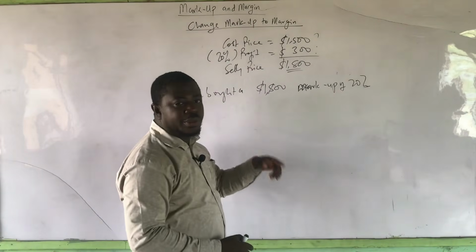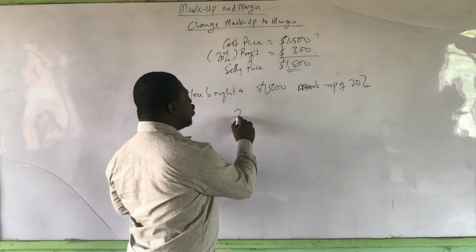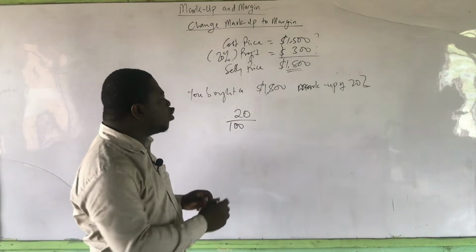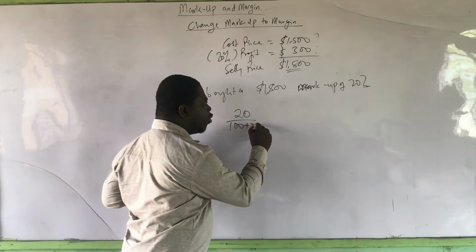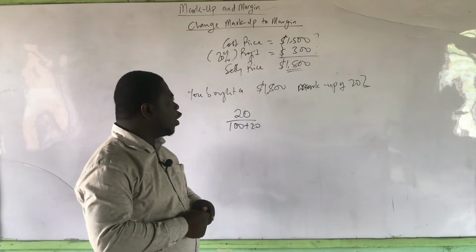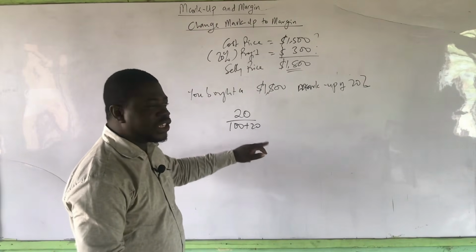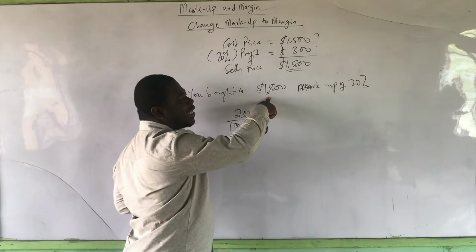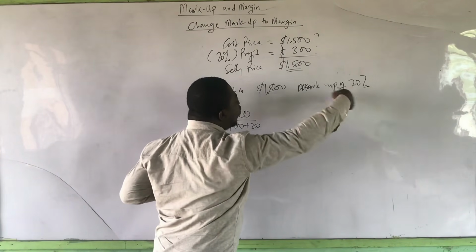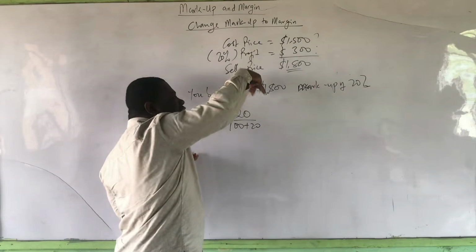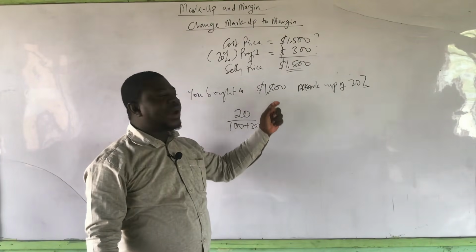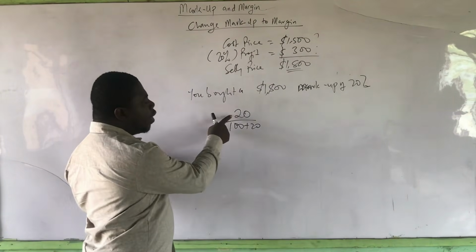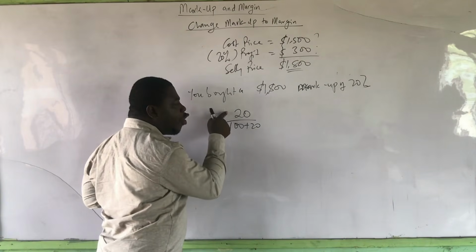If you want to change the markup to margin, this is what you do. The 20% is the profit. So 20 over 100. But you need to add the numerator back to the denominator. That is how we change the markup to margin. So it will be 20 over 100 plus 20. The reason is simple. This 20% markup, because it has been given as a selling price, the profit of 20% has already been calculated from the cost and it's already inside the selling price. So this selling price actually represents 120%. That is the meaning. And so you need to make the 120% the denominator before you can find your true